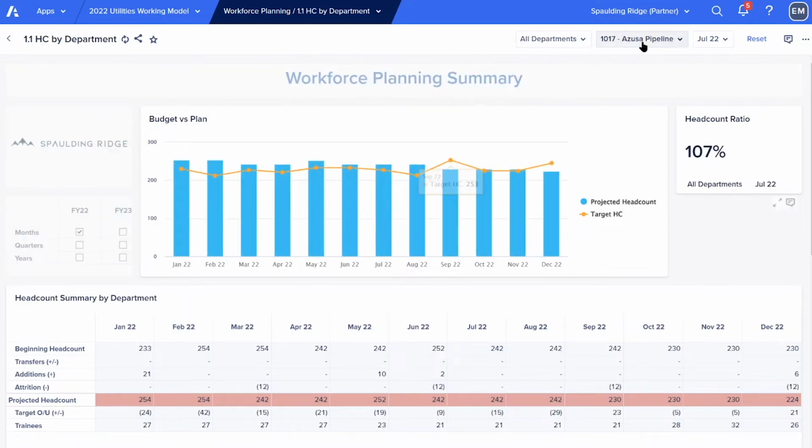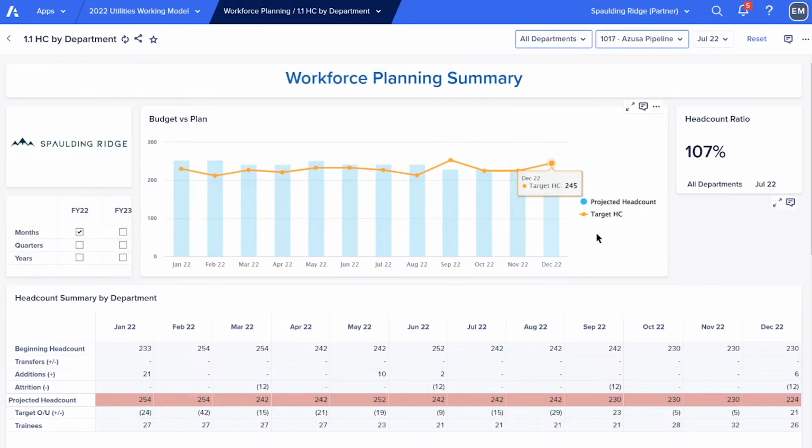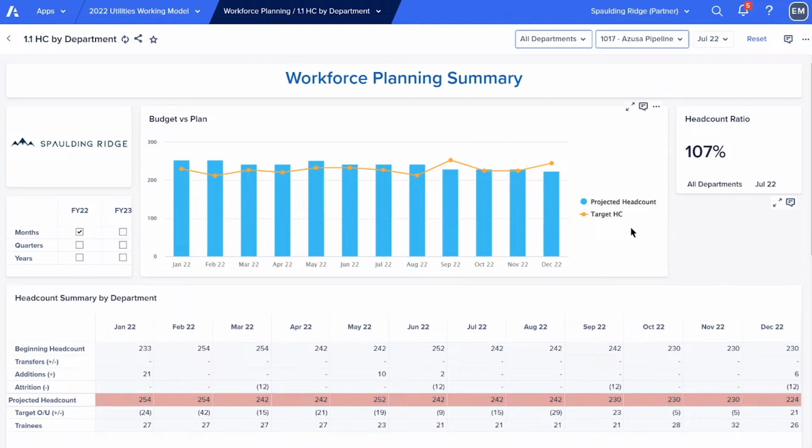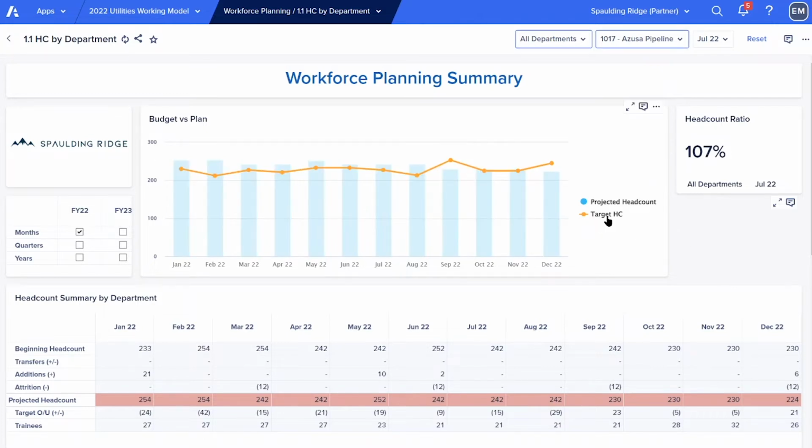All right, so at our pipeline, with all our departments considered, the blue line is going to be that projected headcount. And what we're comparing that to is this targeted headcount. With a targeted headcount, that can take in things like demand planning, projects that are upcoming, that are in flight in our organization, ongoing operations, the full suite of people that it takes to run our business, and then strategic initiatives that our company has in flight to be able to better the business.